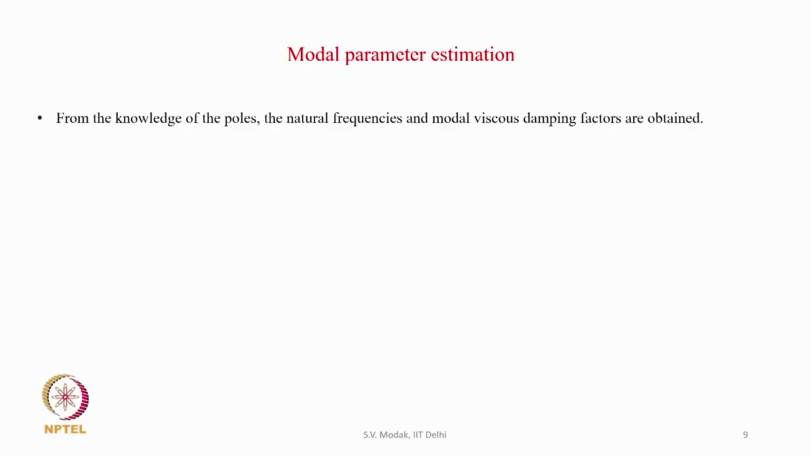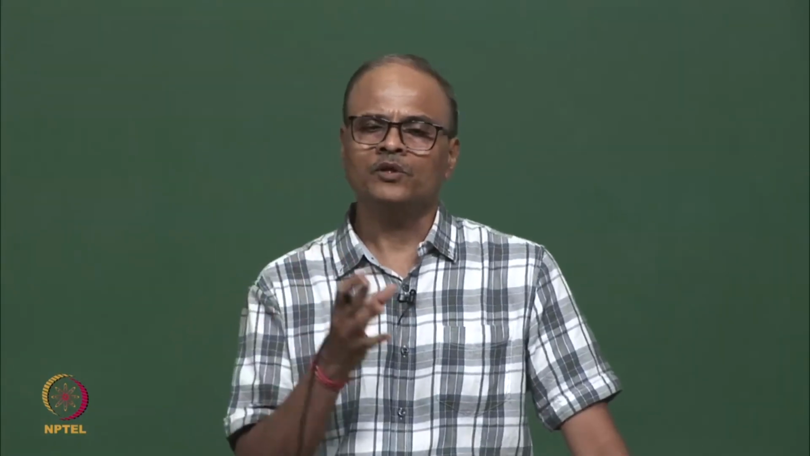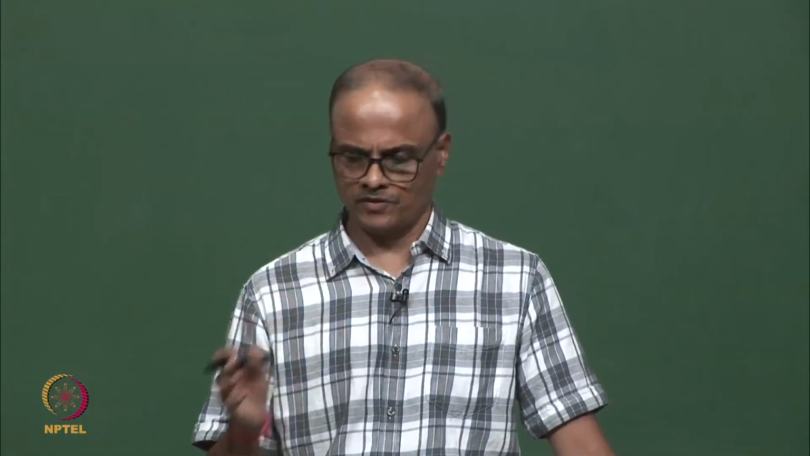So, now from the knowledge of the poles we can find the natural frequencies and the modal viscous damping factors, because we know that for an underdamped system with viscous damping, the poles are of the form minus zeta omega n plus minus i square root of 1 minus zeta squared into omega n. So, if we know the poles, we can find the values of omega n and zeta from these expressions, right,